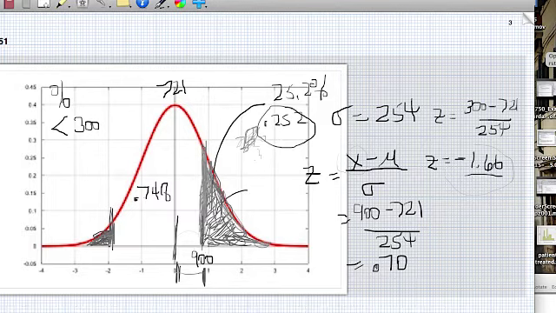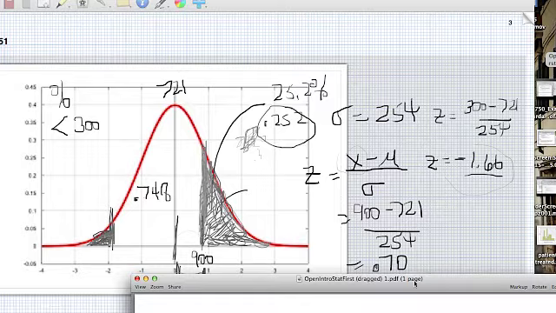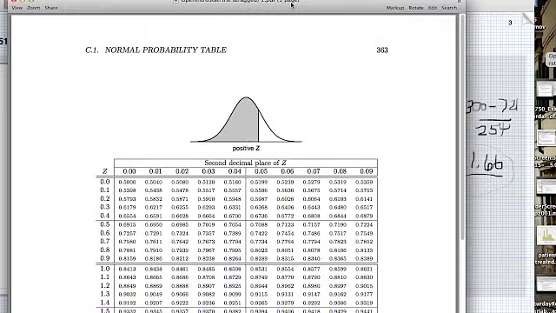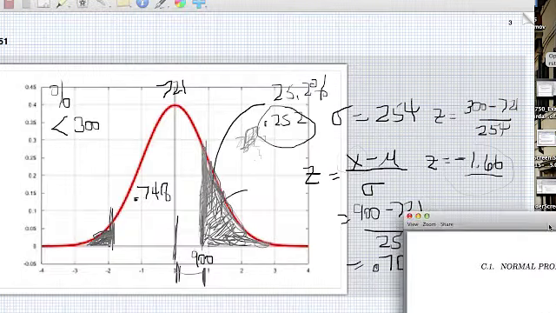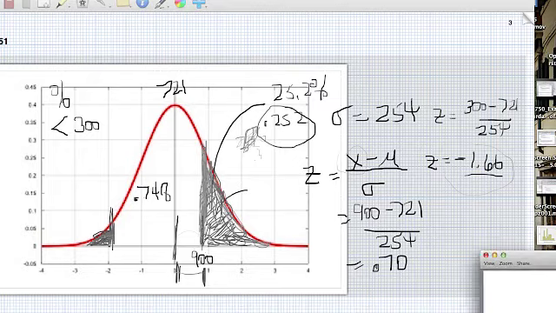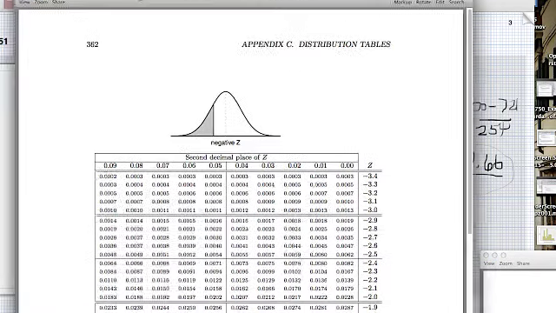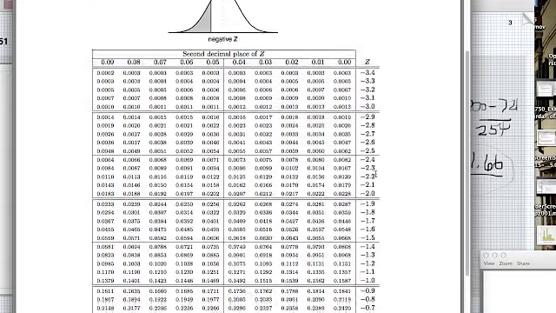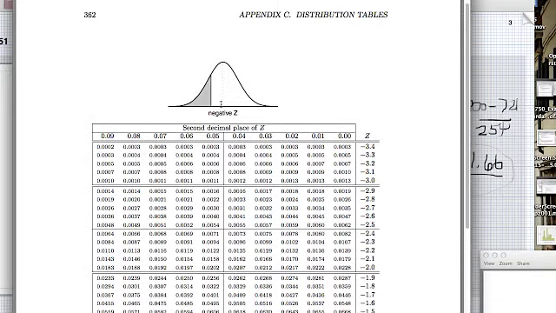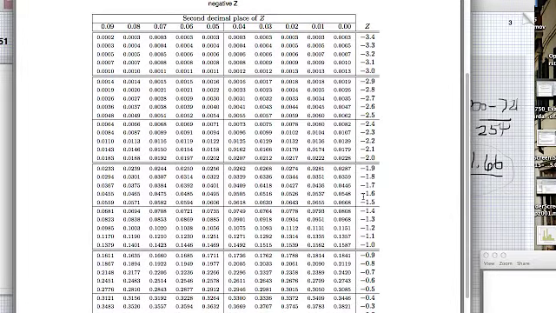Well, you have two tables, actually. I kind of held back on that. You have this z-table, which is for positive values of z, and in your open source textbook, they also give you a second table for negative values of z. Notice how the areas for the negative ones are always to the left of the mean. Okay, so in our case, 1.66 would be